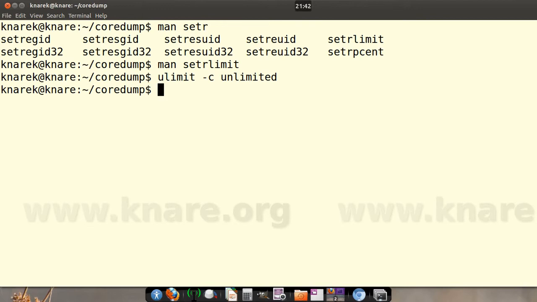Another case where this core file may not be generated is when the process that is executing doesn't have the right to access that particular directory where the core file is being generated. In such a case also it may not be generated. That means you need to have some privileges, a writable directory where this core file can be generated. But most of the times, once you are running a program, that directory will have